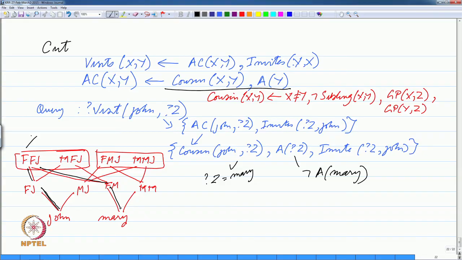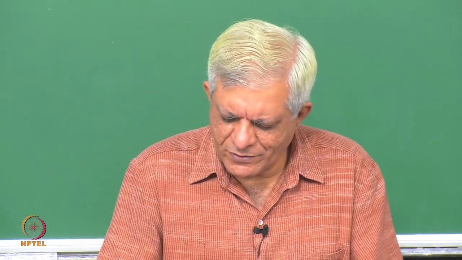It will try with this first, then it will try with this, then with this, and then with this, and in all 4 times, because we know that Mary is not American, the second goal will fail anyway, and so it would have done some useless work. Then it will go and try for somebody else, whether John has another cousin who is an American and so on and so forth. So, to avoid this repetition,